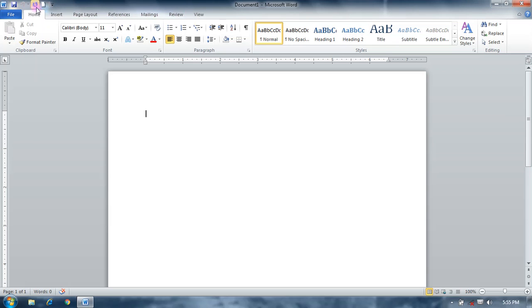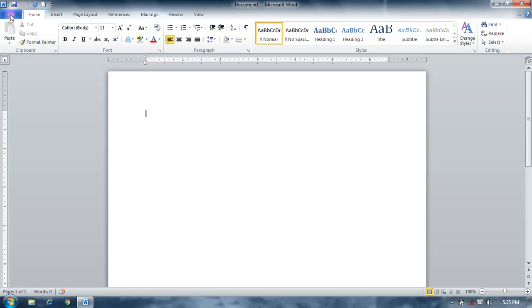This is the Quick Access Toolbar, which is used to quickly apply commands like undo, redo, save, or new file. This is the File option.